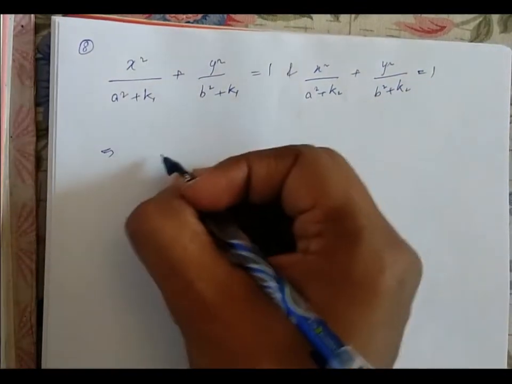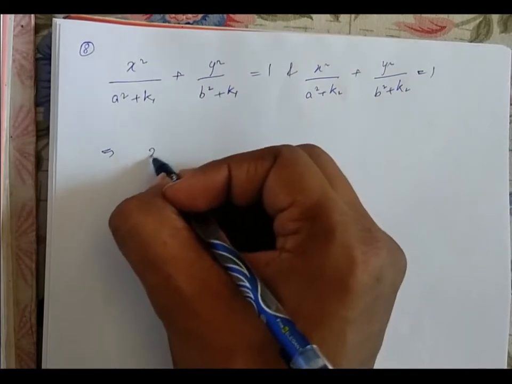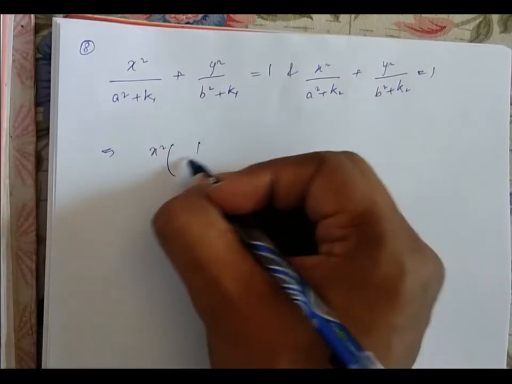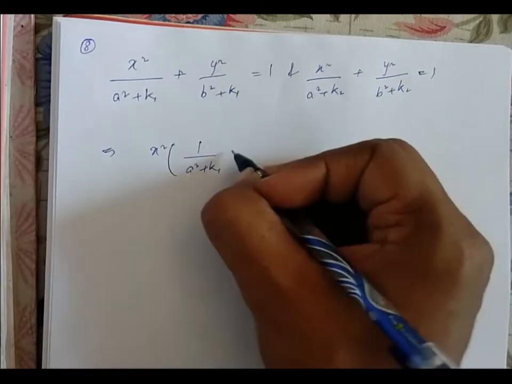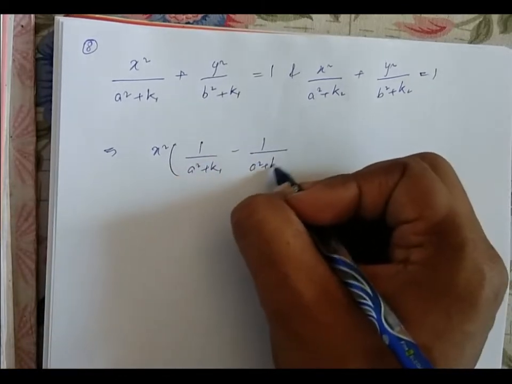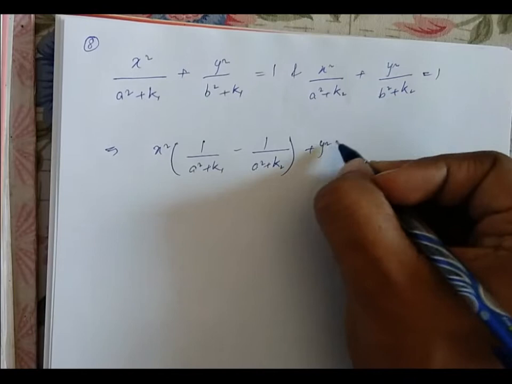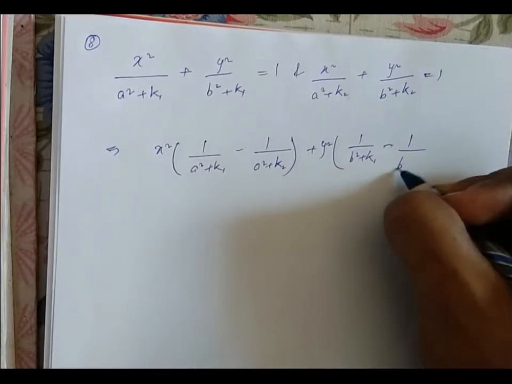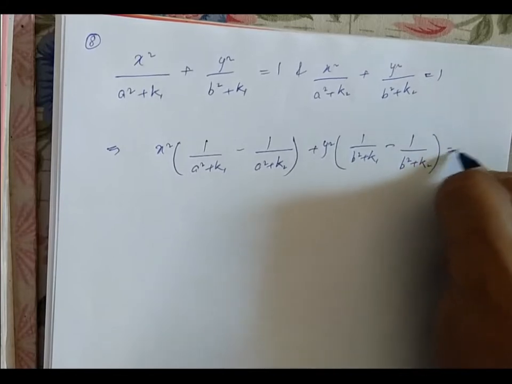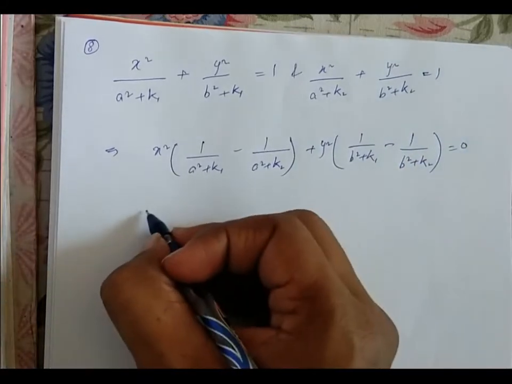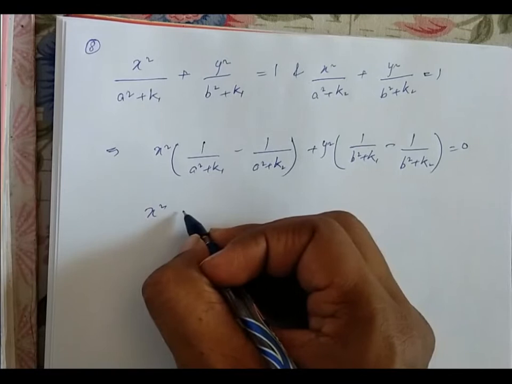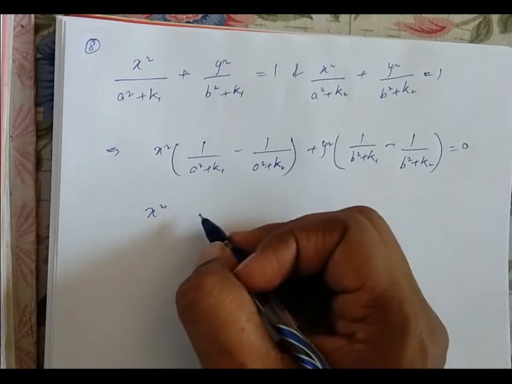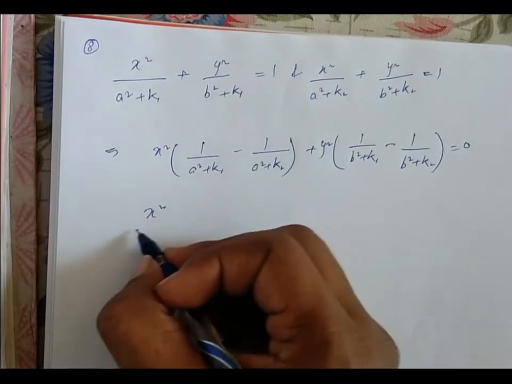Okay, so x square 1 upon a square plus k1 is equal to 0. Since k2 and k1 are different, so we get